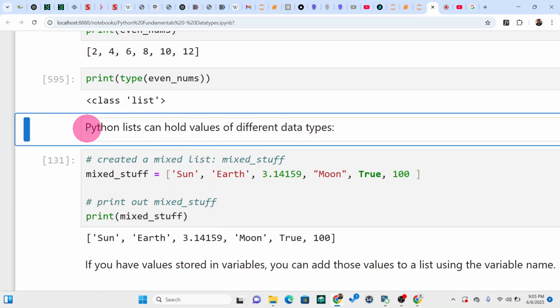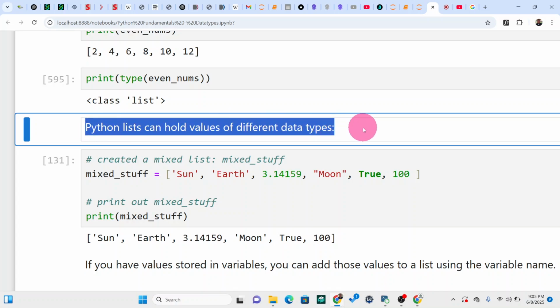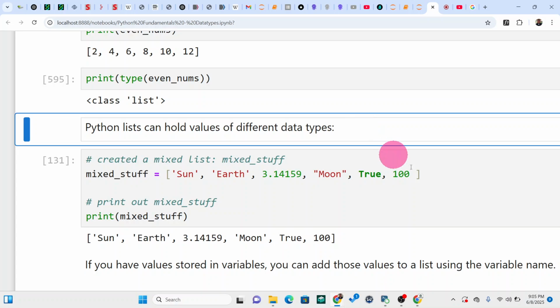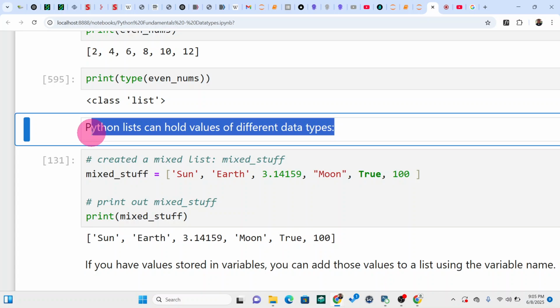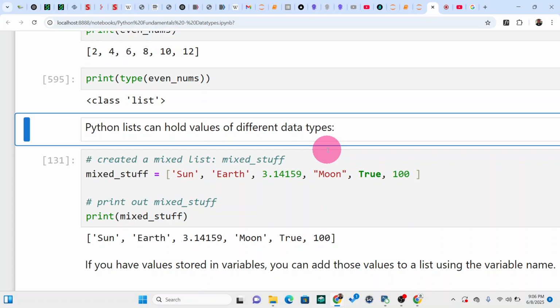Now a few things we can do about lists: Python lists can hold values of different data types. This is very important. If it were something like a vector in R, we already know that vectors can hold only a particular data type. If it's going to be numbers, it has to be numbers. If it's going to be characters, it should just be characters. But lists in Python are different, in that they can hold